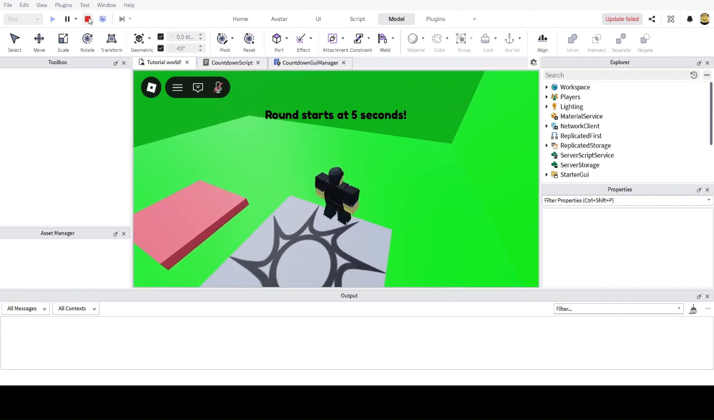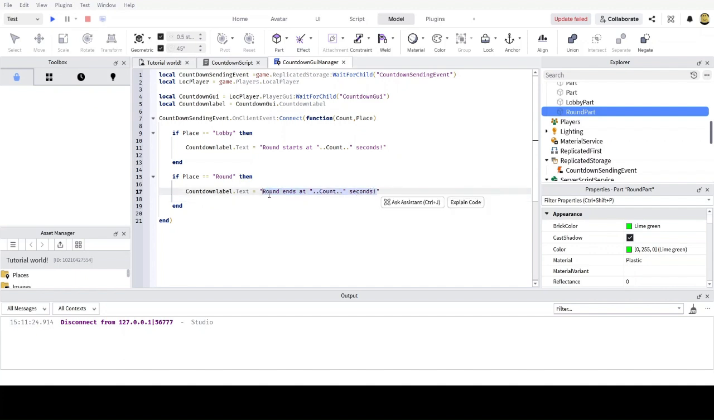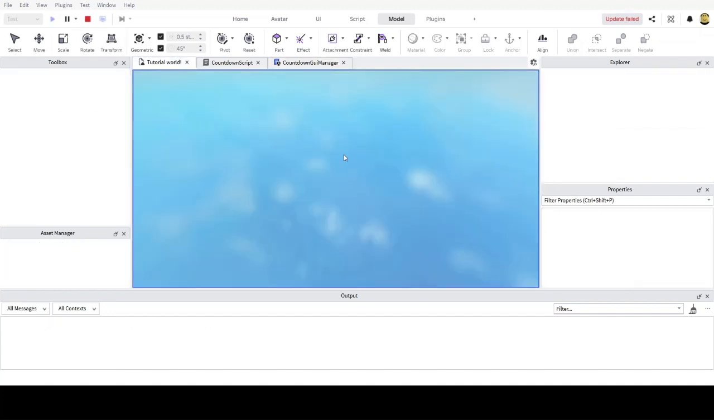Oh yeah, guys, I forgot to do one more thing. We're supposed to now go to the local script, and we're also going to check if the place is round, right? So here, if place equals round, then here we're going to put the exact same thing, but we're going to change the text a bit as well. So I'm going to put round ends instead of starts. So I'm going to put round ends at this much seconds. And yeah, that's pretty much it. You could put whatever text you want here, but I'm simply going to put this because it looks kind of simple. Okay, so now if I hit run,